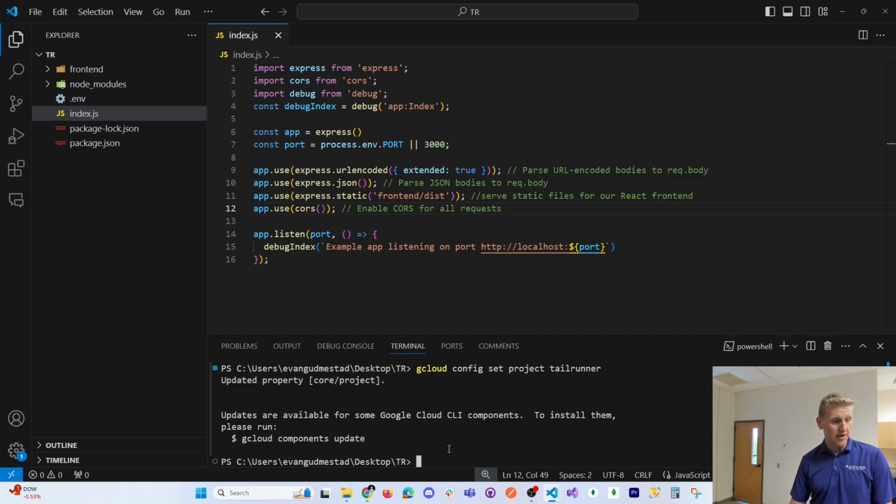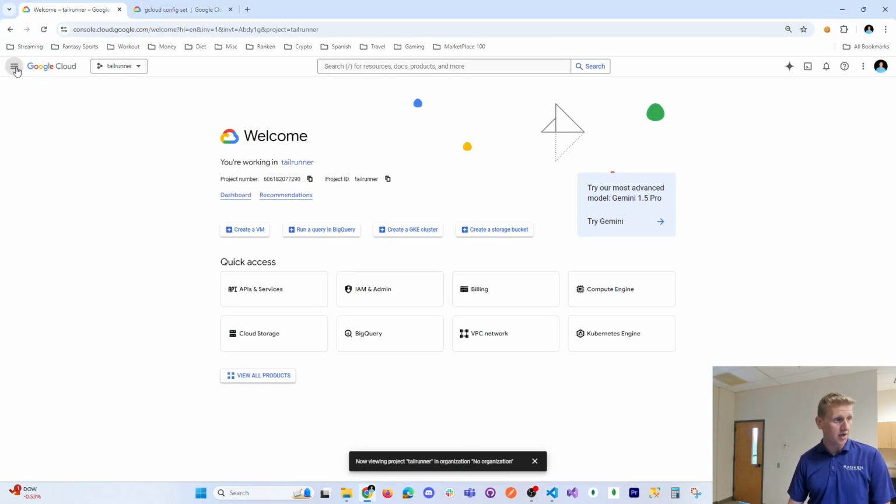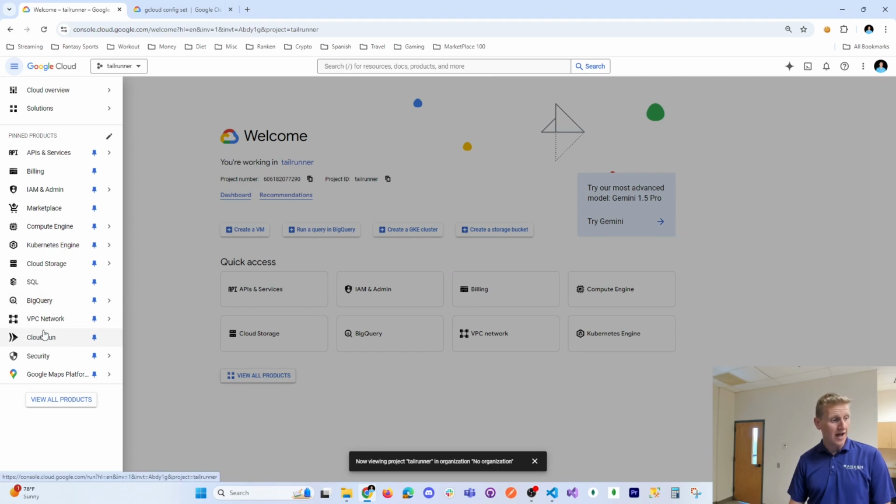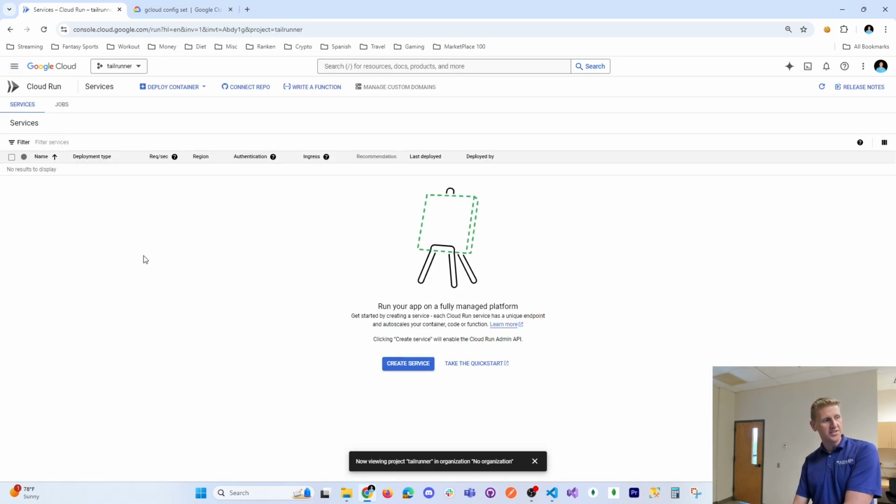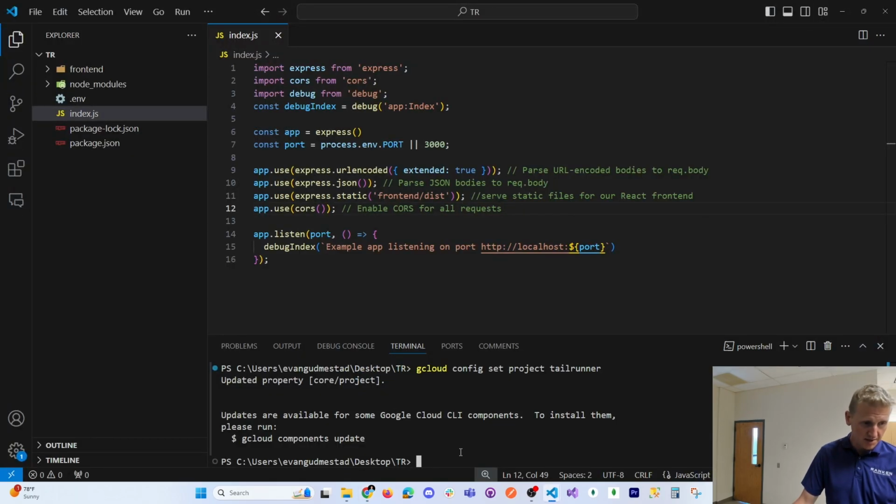We're going to use GCloud run, and so GCloud run or Cloud Run is a way of containerizing your application. I'm kind of newer to using containers, but thankfully this is a pretty easy process once you've done it once. And so we're going to use GCloud run deploy. That's the command, GCloud run deploy. Okay, and when you type it like this,